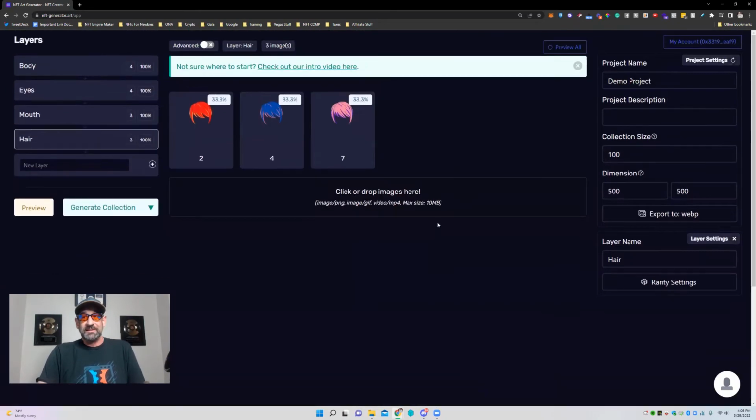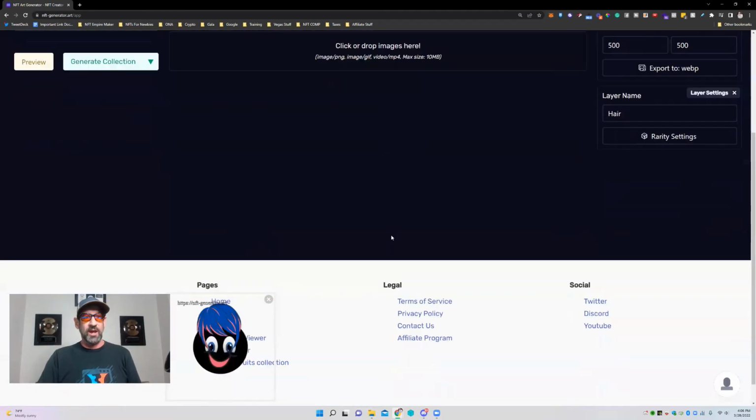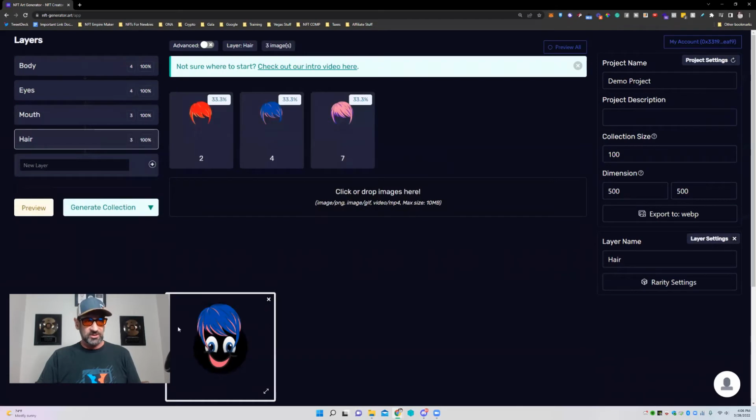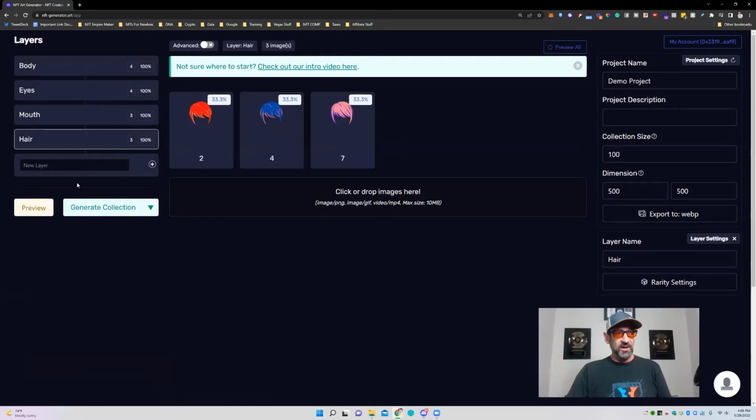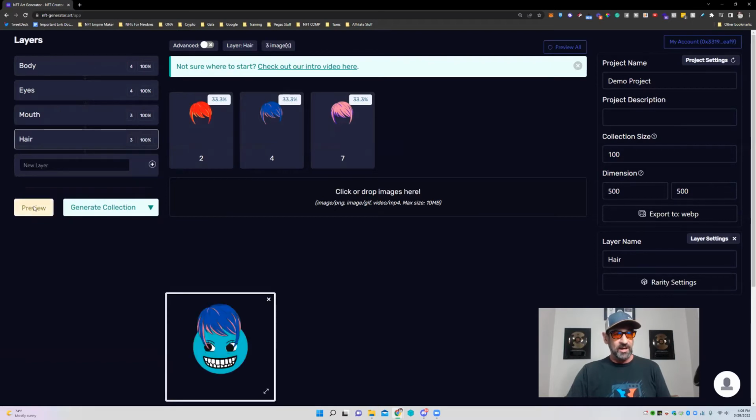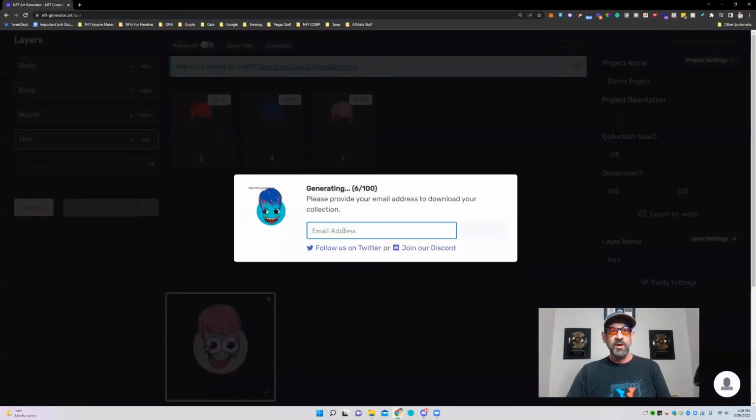Now, the cool thing is that's really it. You'll see here, it brought in the dimensions, that's the simplest thing. If you want to do it on the very, very simplest level, you can now hit preview and it will show what one of the images looks like. Boom, there's another one. See, they're very simple images, but then I can go in and delete this out, and then I can come over here and hit this button right here. Again, the preview button was the one I was hitting right here that you can just hit to see what random previews you'll get. But if you want to generate the collection, you just hit boom, and it gives you